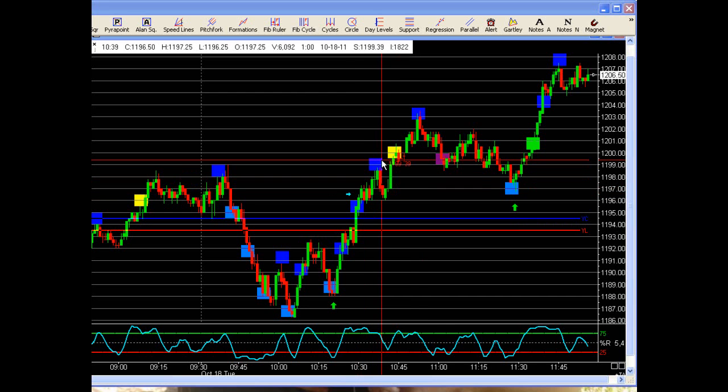The market just continued up. This yellow didn't slow it down whatsoever. Came up to here, then pulled back to a purple here. So in a buyer's market, this is a great purple to take as a buy, or to look to take it as a power point entry. So it's one